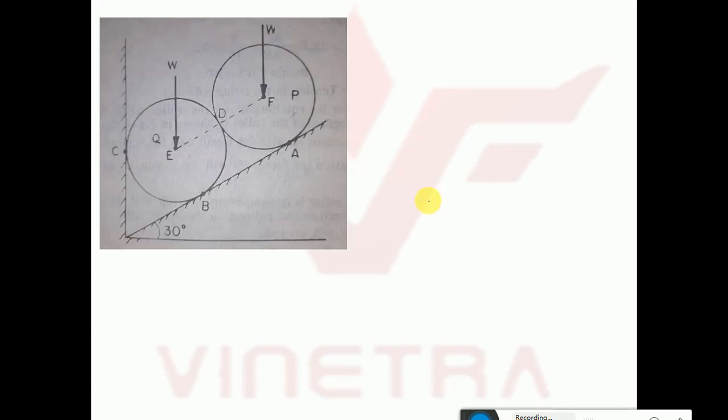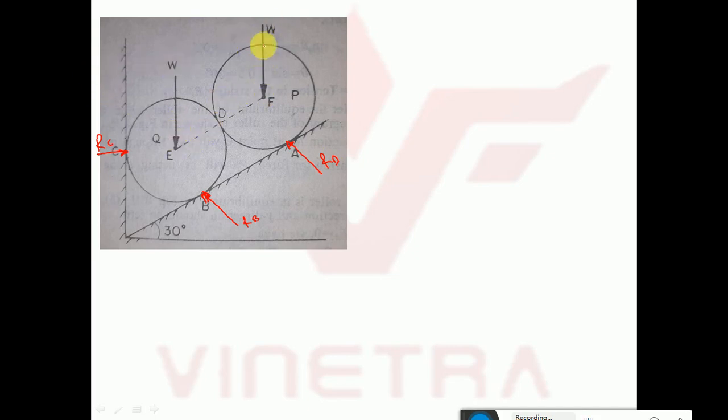Now let us take one more example. Till now there were only single balls. If I want to draw the free body diagram, see here, one support is here. So one reaction, I will say it as RC. One more body. So how to draw the reaction here? See, this is making an angle of 30 degrees. My reaction should be exactly perpendicular to this line. So this is RB. One more is here, RE. Now see here, these are the self weights acting vertically downward.